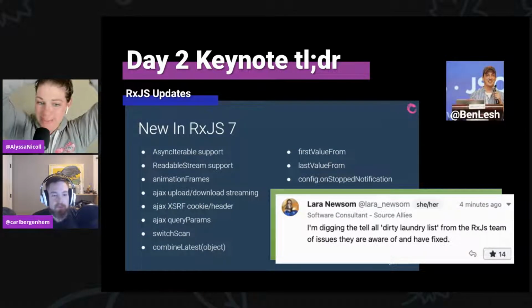And so Laura Newsom at the time said, "I'm digging the tell-all dirty laundry list from the RxJS team of issues they're aware of and have fixed." And that is how it felt in the very beginning. It was very like,